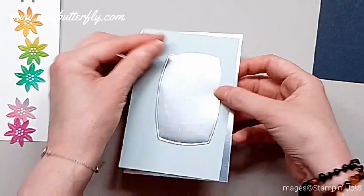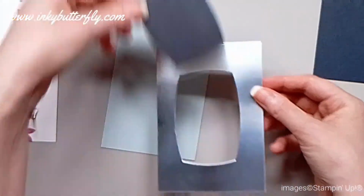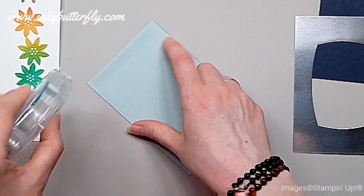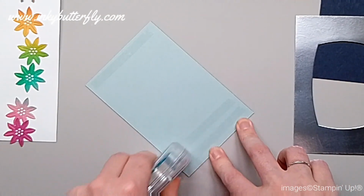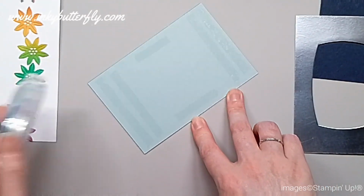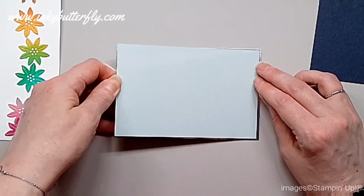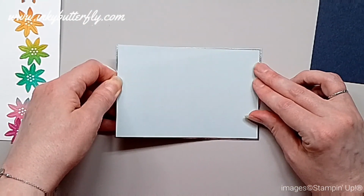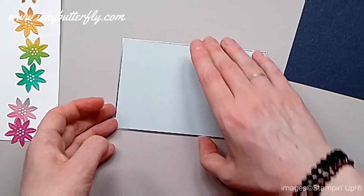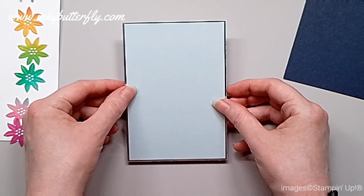Okay, so I've got the silver label already die cut, and I've done it out of the middle of the layer because we're not going to see that. Okay, so don't worry, you can save so much cardstock by using that technique, so go ahead, nobody will know, it will be our secret. This is the two-tone cardstock in the cloud cover, by the way. Okay, and I'm using the light side, I think. Yes, light side for